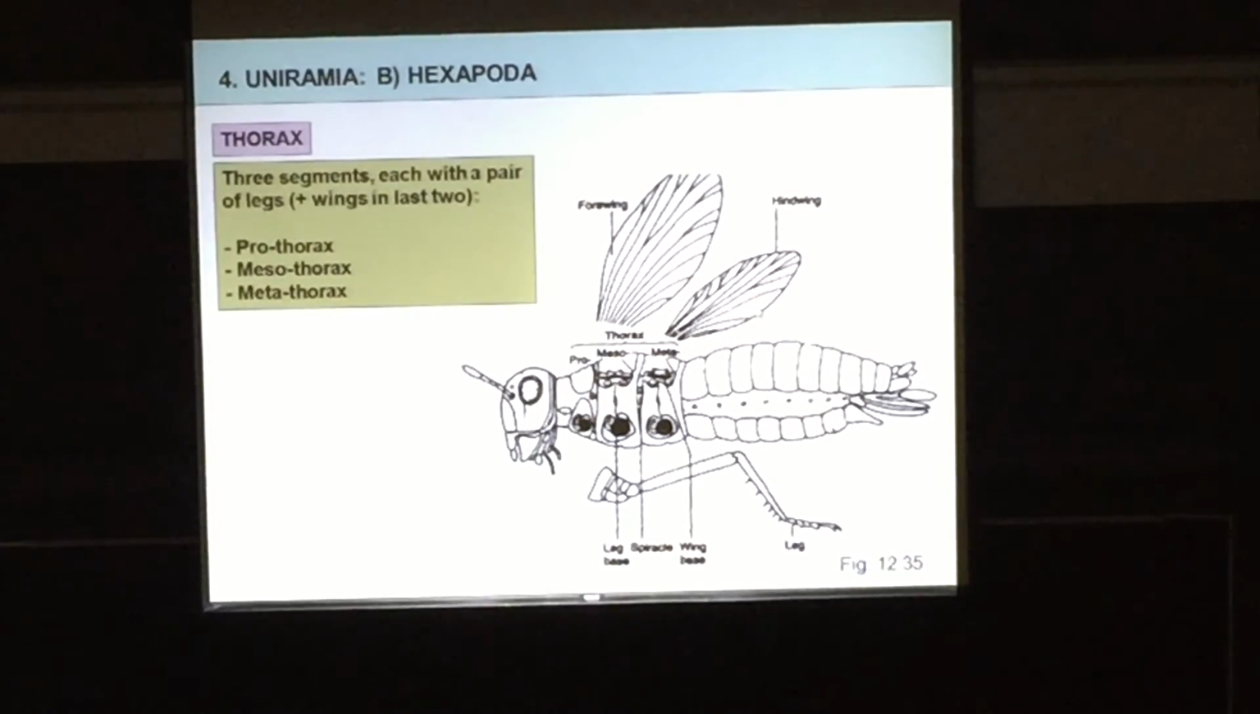But there's an exception to this. What are the exceptions? You guys know. How do you know you've got a fly? It only has 2 wings. It has 2 wings. And the 2 wings are on the mesothorax. And on the metathorax, you have the little